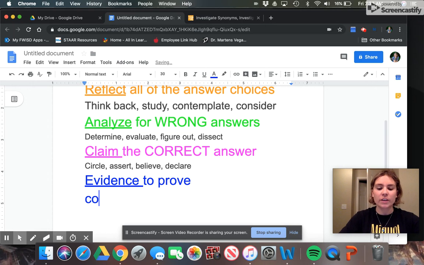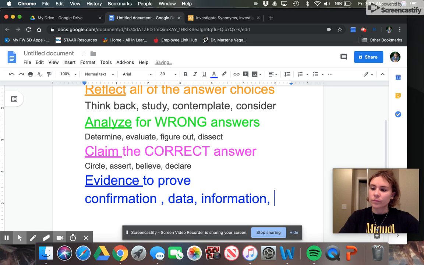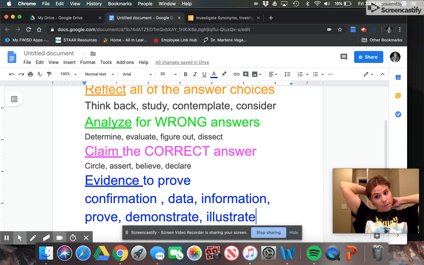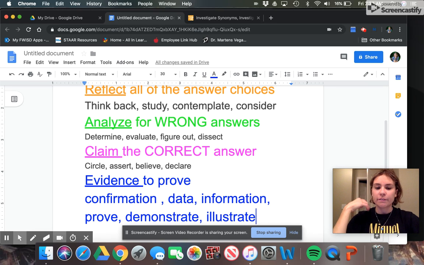So, words for evidence are confirmation, data, information, prove, it's in there, demonstrate, and illustrate. Miss Kelly last year told me that if they're not able to write it, she has them draw it,